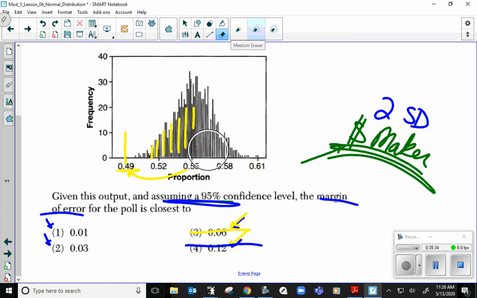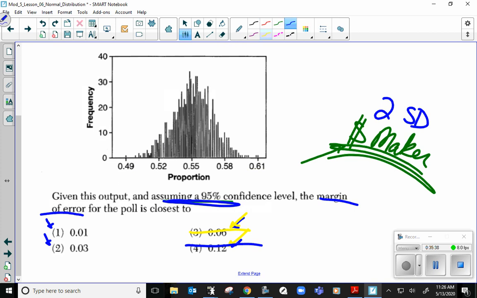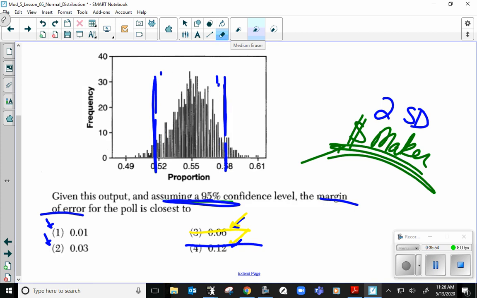Now, keep in mind, I want an interval that's going to give me roughly 95%. So I don't know, probably somewhere around here and here is 95%. That looks like a vast majority of the data. Maybe it looks like it's here and here. Okay, I get you, we're approximating. I'll give that one to you. Maybe it looks like that. Who knows? All right, so let's take a look